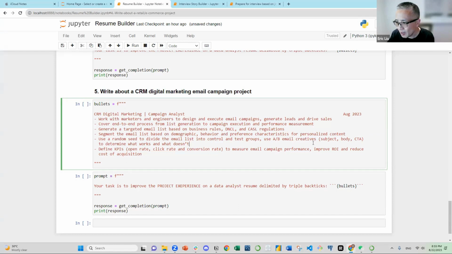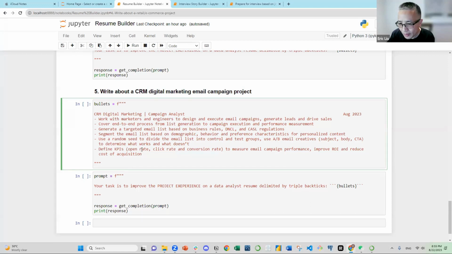So use A/B email creatives. How are A and B created differently? You could use a different subject, different body, different call to action, right? To determine what works and what doesn't. And the last one,